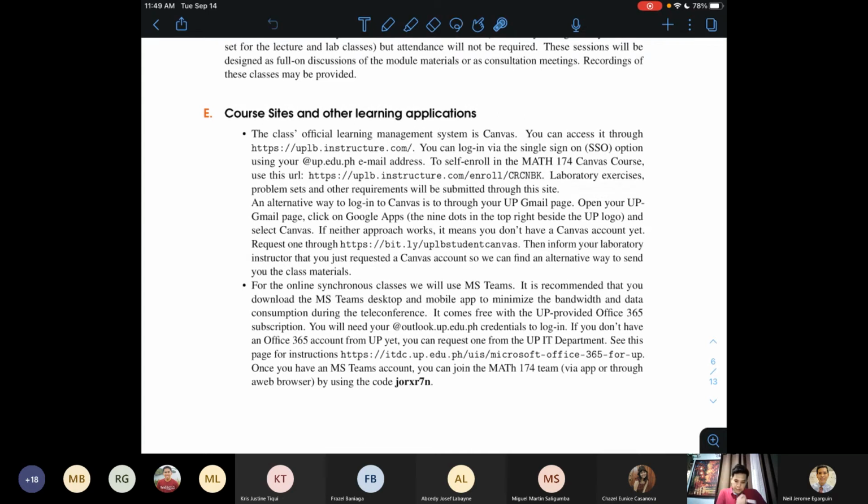Okay. So as I've mentioned earlier, our course site is Canvas. So hopefully you guys are already member of the Canvas course site. So for those who are not yet members, you can use this link. Pero meron pa bang hindi member ng Canvas dito? Can I see a show of hands? Lahat ba kayo ay member na ng Canvas? Because the thing is, all submissions will be done via Canvas. So hopefully nakapag-join na kayo.